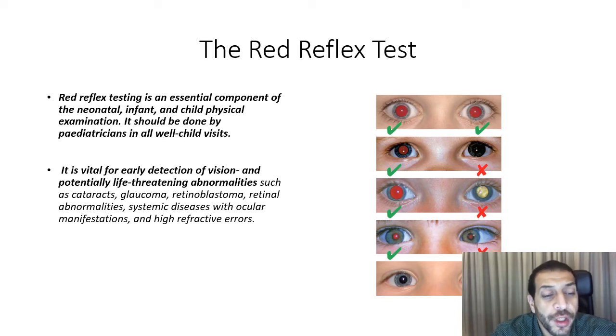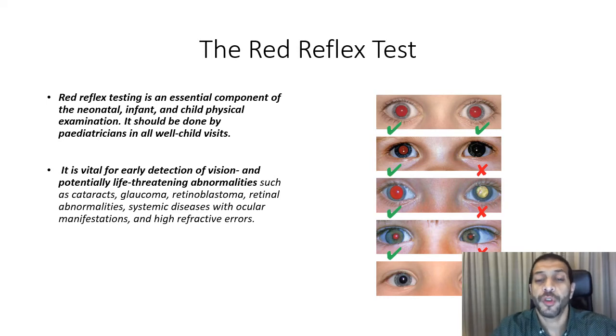So it is vital for early detection of vision and potentially life-threatening abnormalities such as cataracts, glaucoma, retinoblastoma. So many pediatric eye diseases can only be detected using the red reflex test. The red reflex test is you use the ophthalmoscope to look at the reflection of the blood vessels of the retina. And as you can see here in the image,